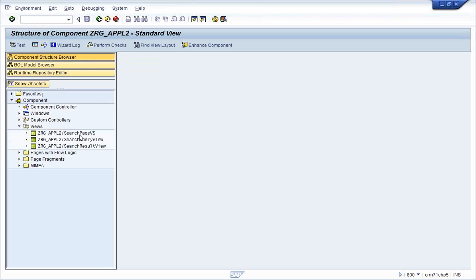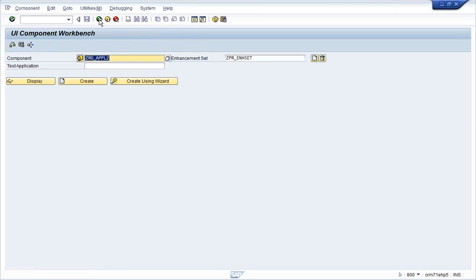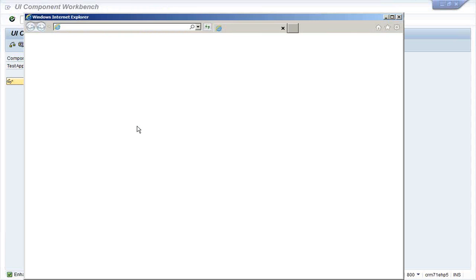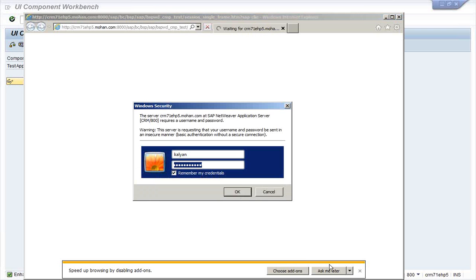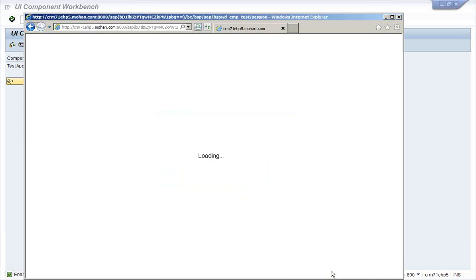This is a web UI application I have created. This is just one example. If I execute this, I have created a search view and a result view.